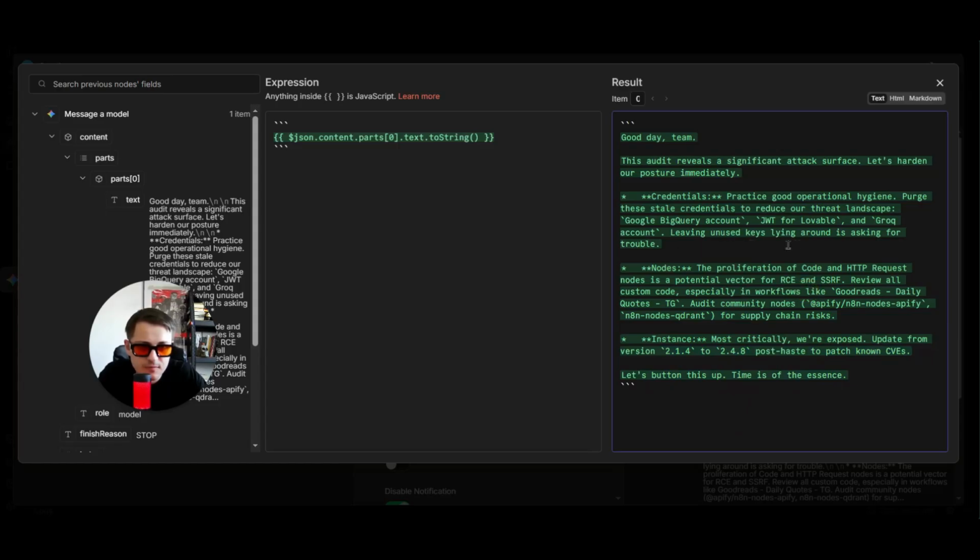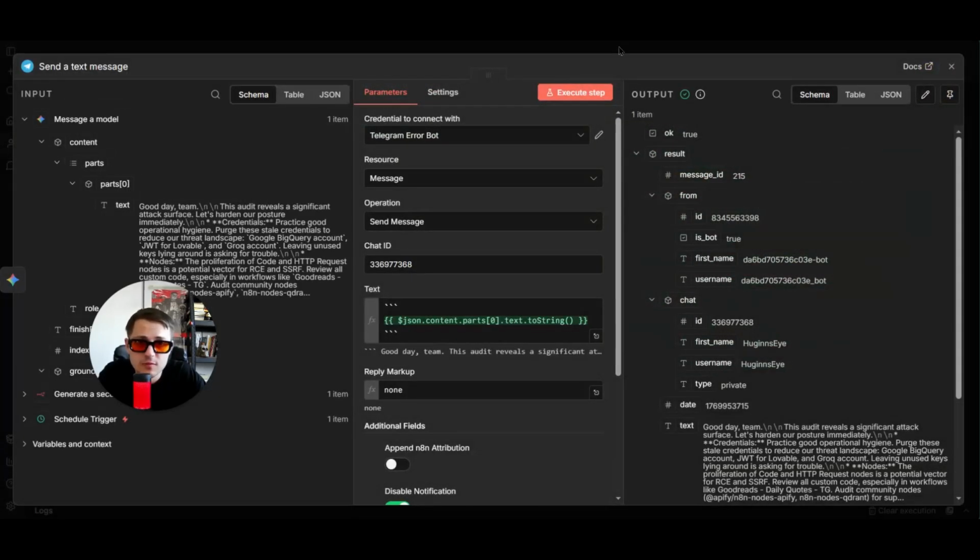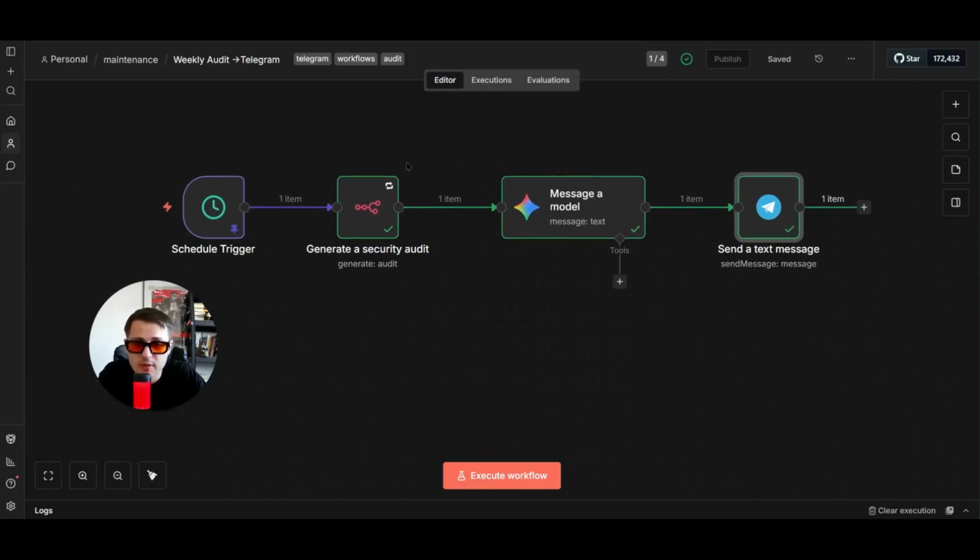So there are a couple of credentials that I'm not using. With nodes, I think it doesn't really like the custom code in my Goodreads daily quotes for Twitter, and it doesn't really like the audit for API. But we can't really do much about those community nodes unless you are really confident about using the HTTP calls yourself. Anyway, I hope that was useful. This is a really simple workflow, and I really recommend you run it on a weekly basis,